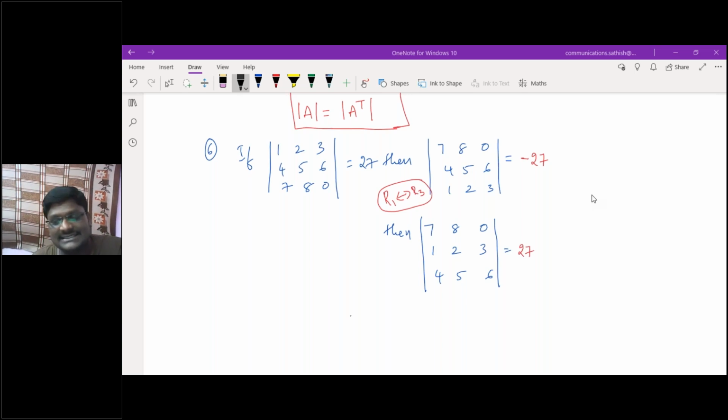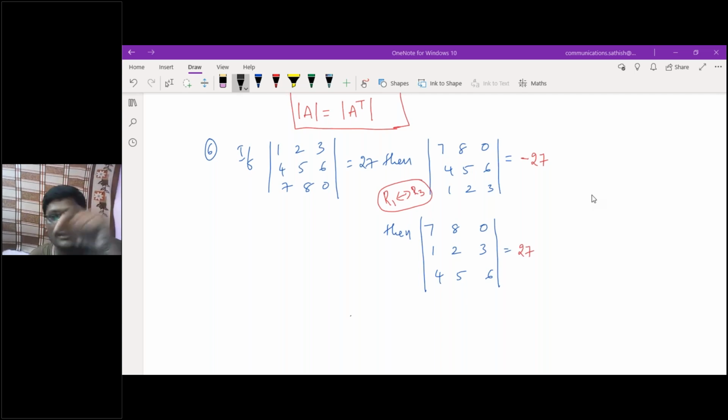Or you can simply represent that as what, ma? See, if one time a row or a column is interchanged, then the determinant will be multiplied by what? Minus 1, sir. Minus 1 for one time. If it is 2 times, it is minus 1 to the power 2, which is plus 1 only. Am I correct or wrong?